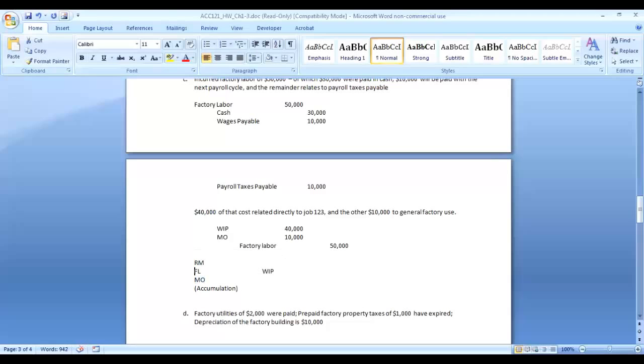Same with factory labor if we're talking about indirect labor. But everything eventually gets assigned to work in process. If I have an arrow I can draw here, where does it go from work in process? Eventually to finished goods. Yeah, and then where? Cost of goods sold. But I guess it'll probably find its way there on the overhead bucket through your